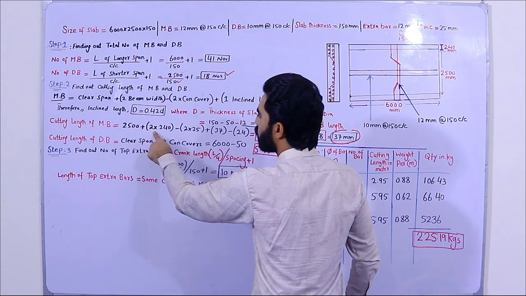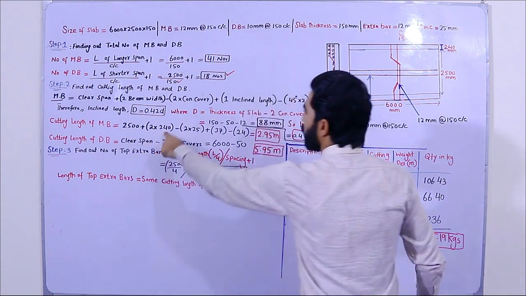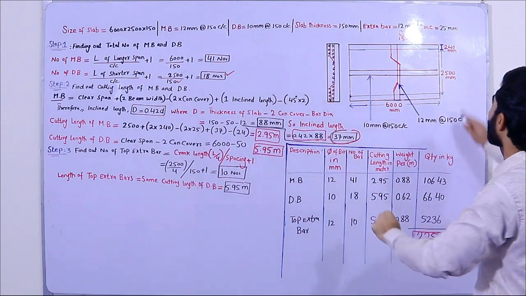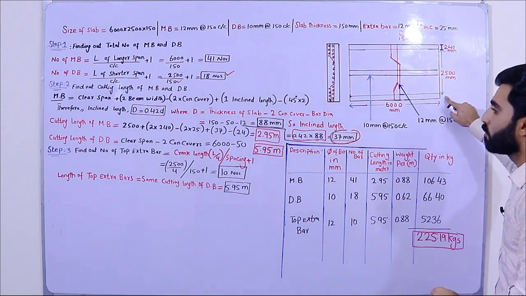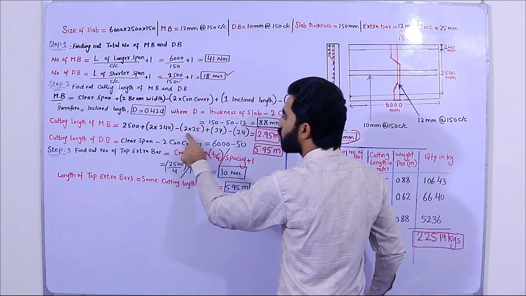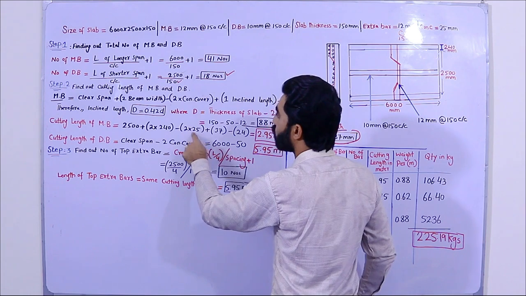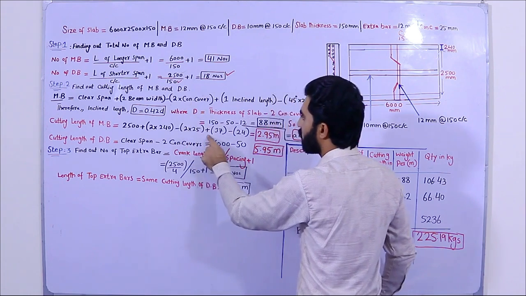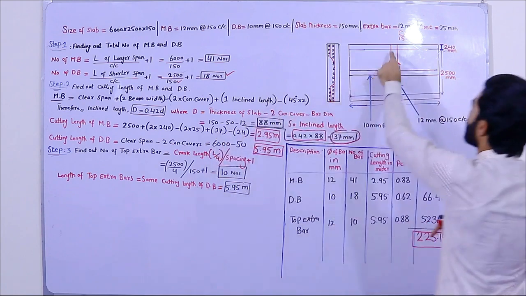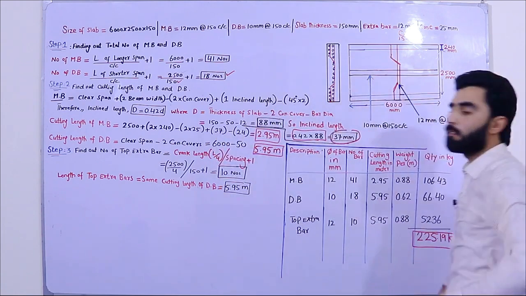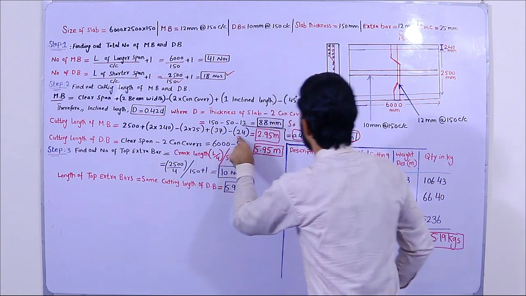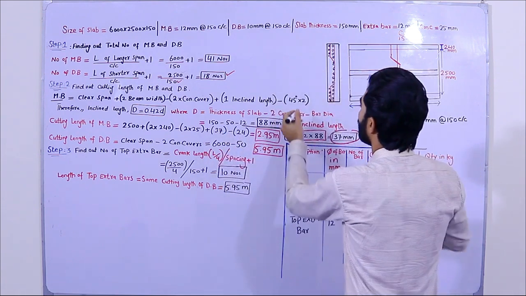mm plus 2 multiply 240, where you can see 2 beam width. Okay, be careful in this place. So 240 plus 240, so therefore 2 multiply 240 minus 2 multiply 25, so 2 concrete cover plus 37, whereas 1 inclined length. Guys, you can see one side we have inclined length of bent up bar or crank bar, you can say, and subtract 24, where we can use the formula 2d,